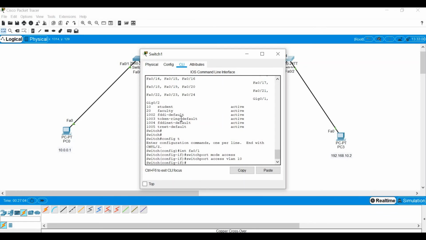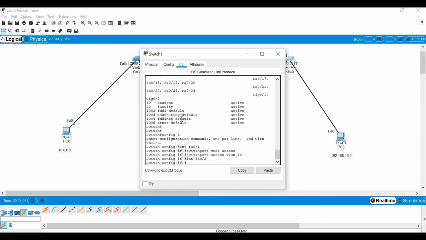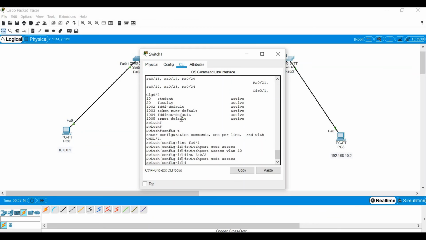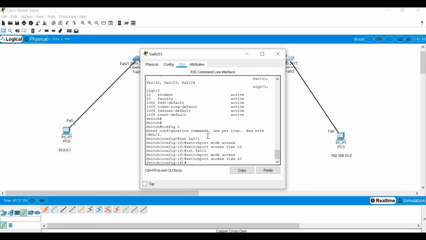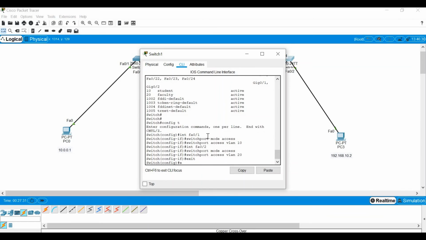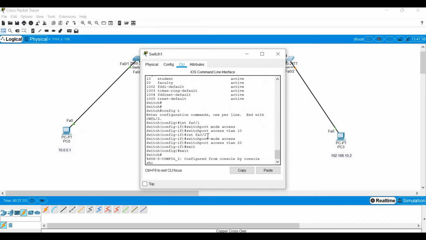Similarly I'll go to interface FA0/2, switchport mode access, and switchport access VLAN 20. Fine.